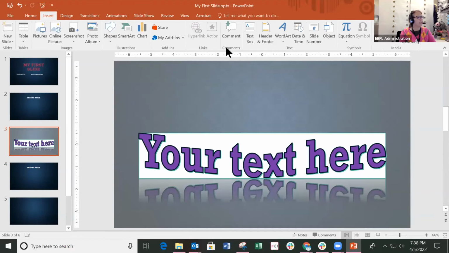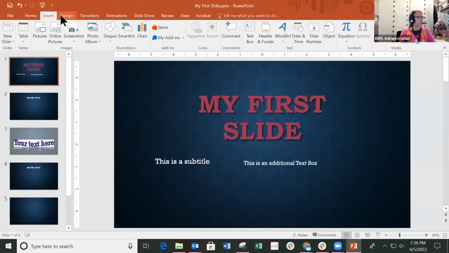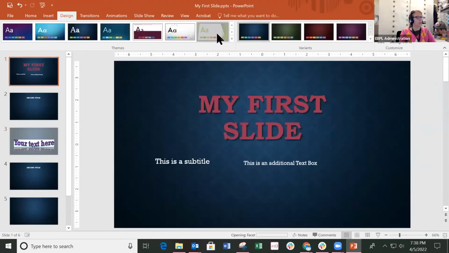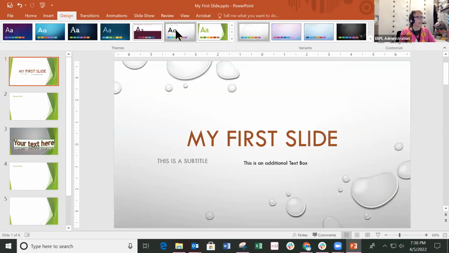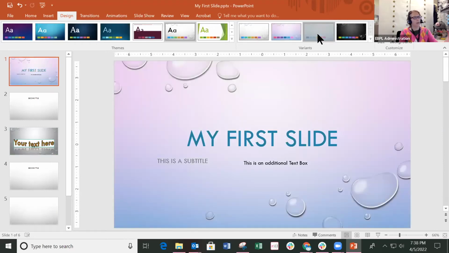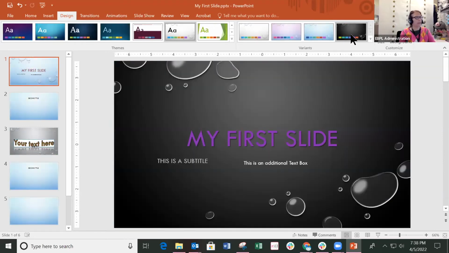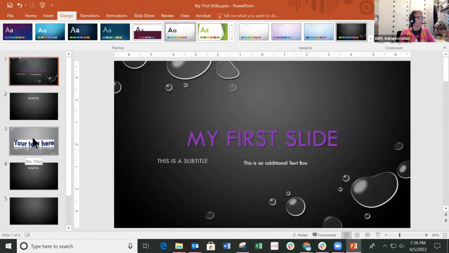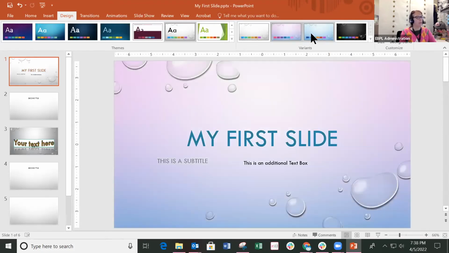I go here, Insert, and use WordArt. If you don't want to do this, you can just stay with the design and change it by clicking here on the Design tab, and the whole thing, everything changes. All the fonts, well, except this one where we customized. Anything that you customize won't change. For example, this color won't change because I changed it from the template, but everything else will change. That's why